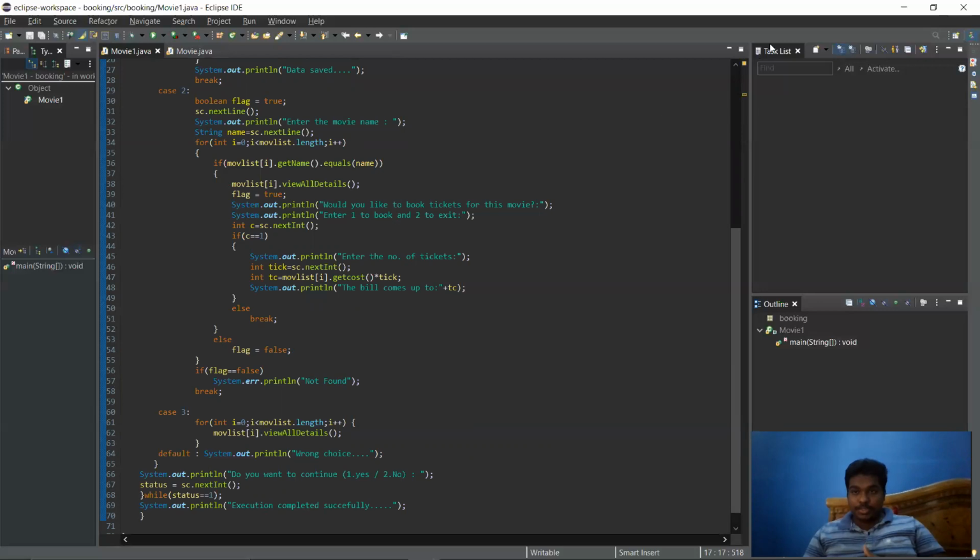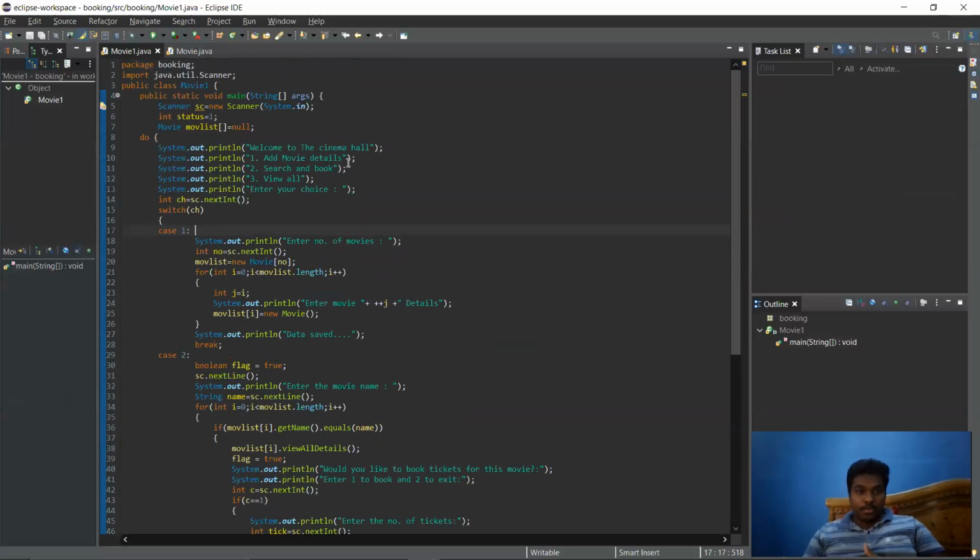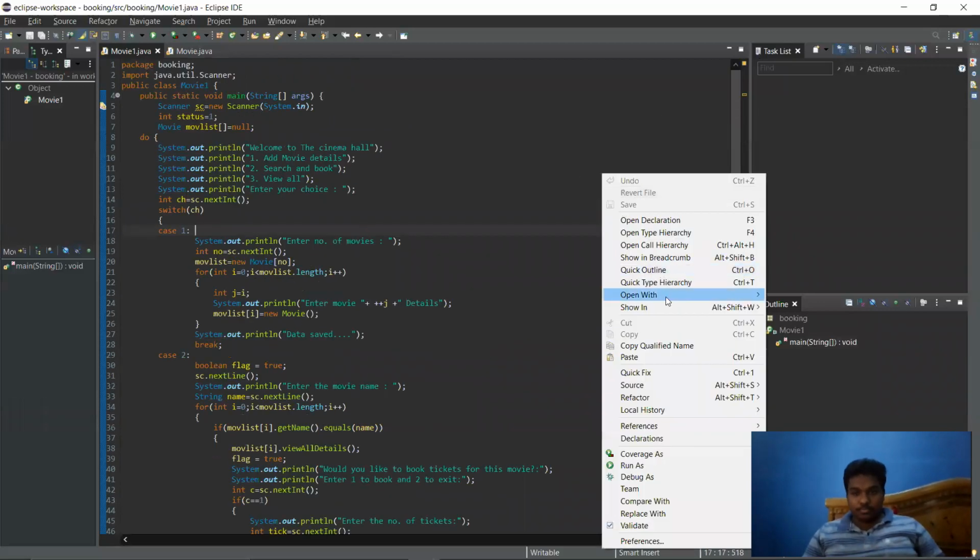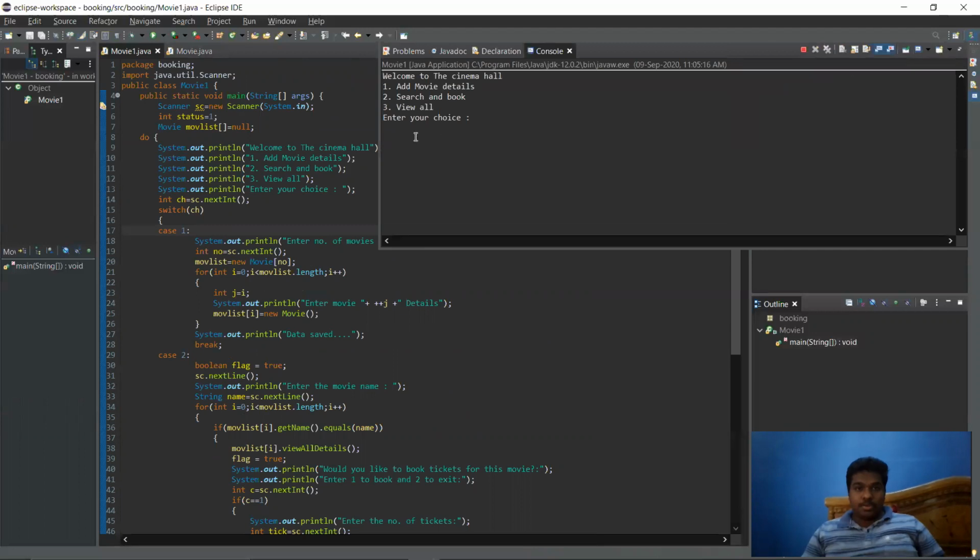So let's see whether it will run or not. Enter your choice. I'm adding one movie right now, and number of movies right now is 1. Enter the name of the movie: Avengers.